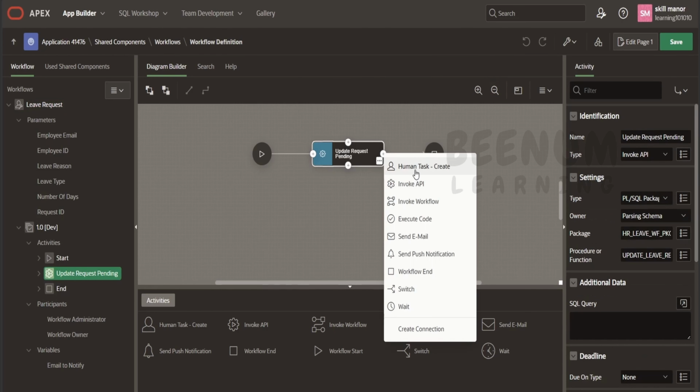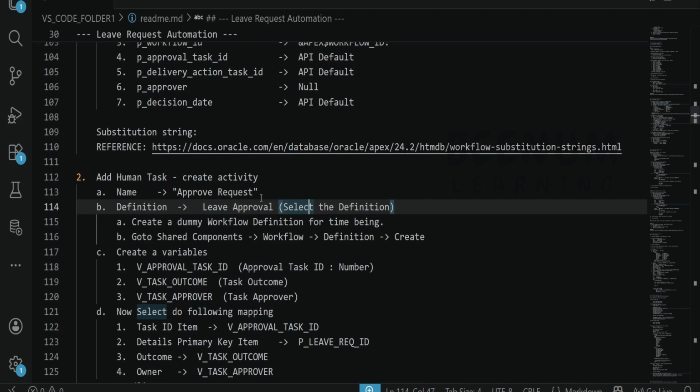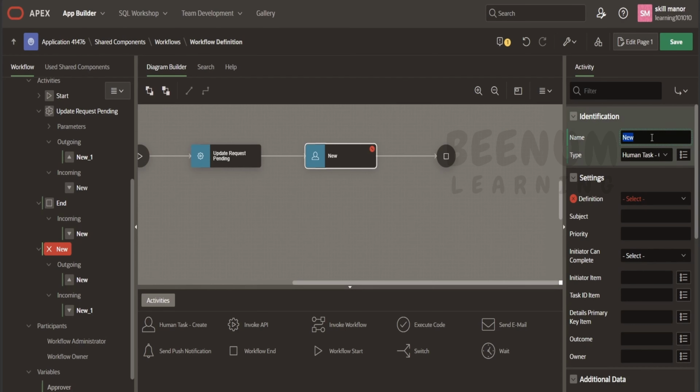I'm going to create one connection and tell it to connect to the end. The name of the human task action, I'm going to create with this name. Coming to the definition, you will see the definition which we have created. Click on save. Next, coming to the variables, we will create a few variables which can store the data,